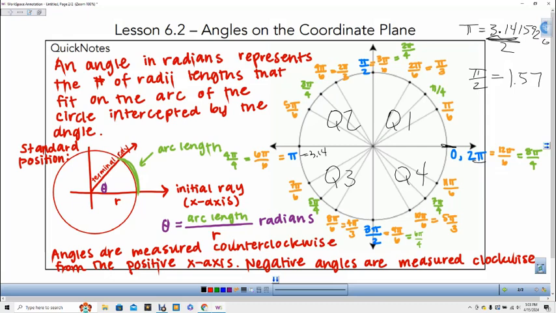And then 3 pi over 2, that means we're just going to take 2 pi over 2 and add pi over 2 to it. So we're going to add 3.14 plus 1.57. So 3 pi over 2 is going to equal